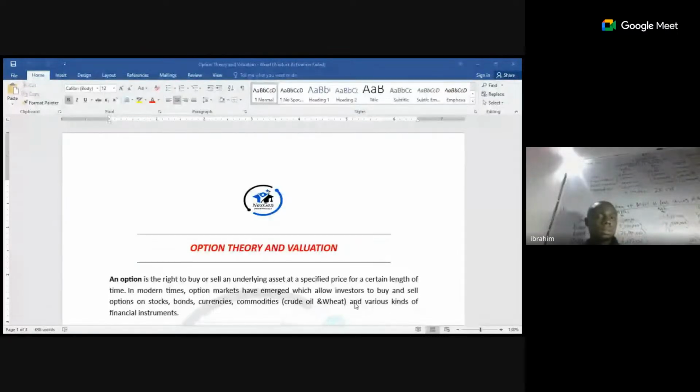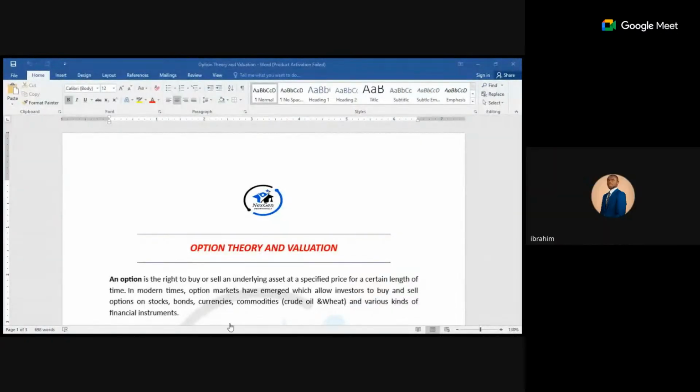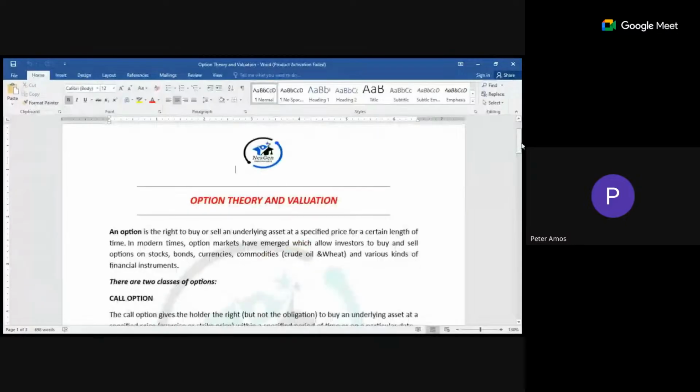So I will assume that we have covered portfolio theory. Immediately after this class, I will add the portfolio theory to the playlist and in the Google Drive. Thank you. Can we move now? Yes, sir. We move. So we're good to go.